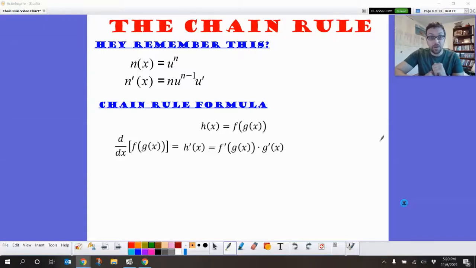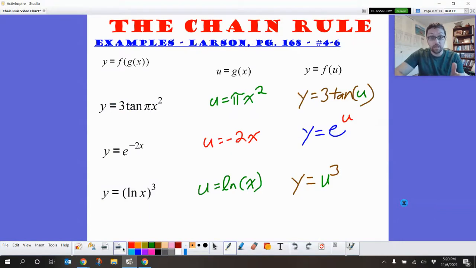Hi, in this video we're going to be looking at how the chain rule can interact with other derivative rules that we know about. So we are again talking about the chain rule. We are looking for what is the inside part and what is the outside part of our function that we're trying to find the derivative of. So in this example down here, our outermost part is this cube, but then inside of that cube, we have